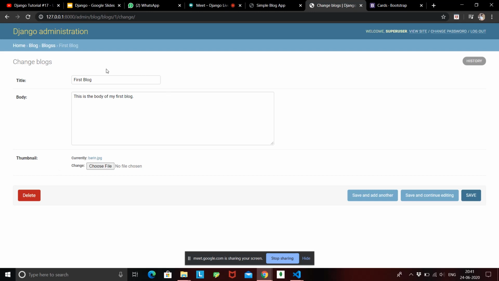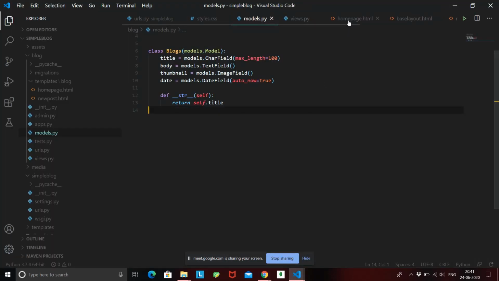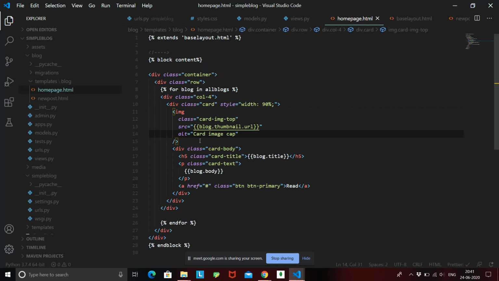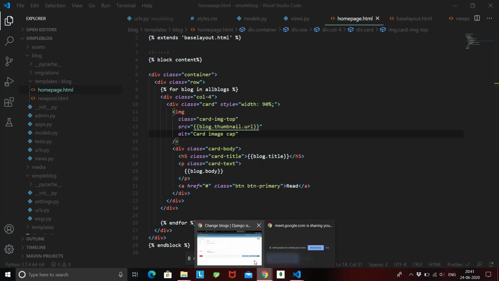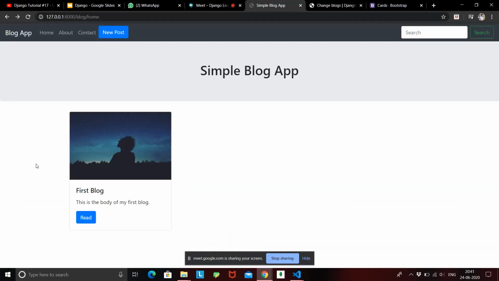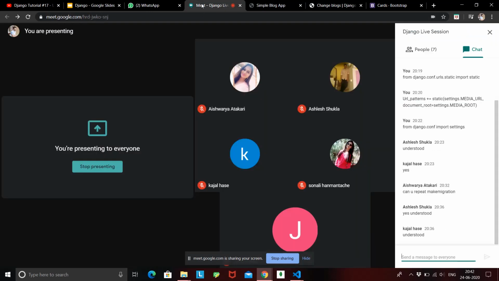We were already rendering out the title and body, and the only thing we changed inside our card was that we added an image tag, and to the source of the image we gave the source of the thumbnail of that blog. Now we are seeing the output with a title, a body, and an image. Any doubts till now?